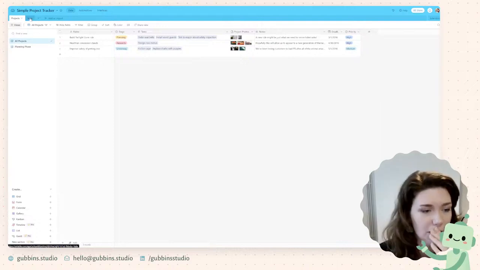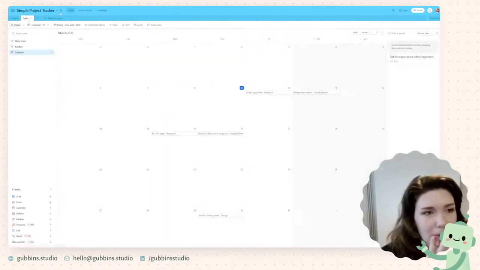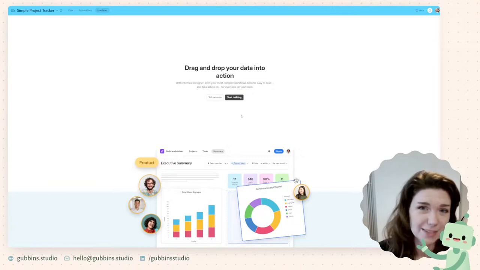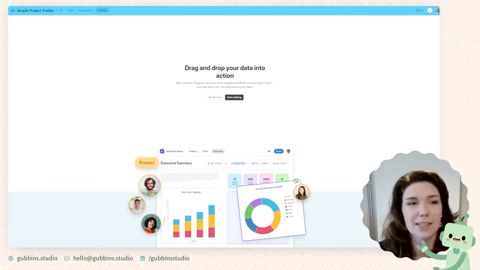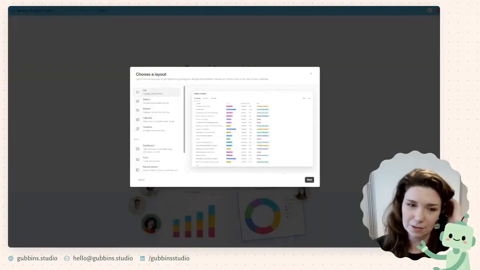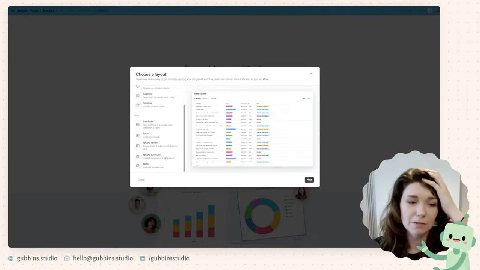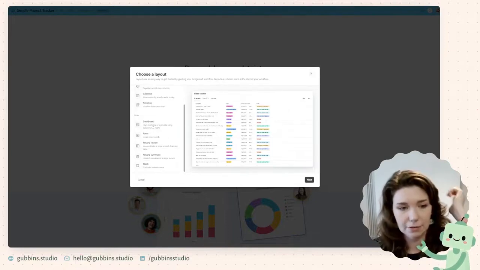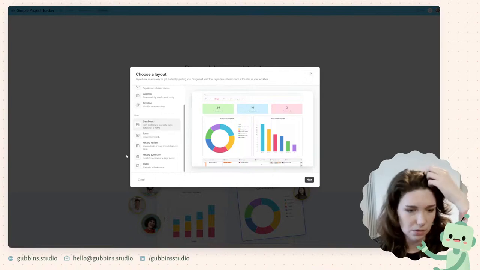Then other features. What was the other thing I wanted to talk about with Airtable? Oh, interfaces. Airtable also has interfaces in the same way that Asana does and ClickUp does, but I don't know too much about them, enough that I can talk about them in this video. From what I've used of them, they're quite powerful. Let's see if I can just auto-generate one.